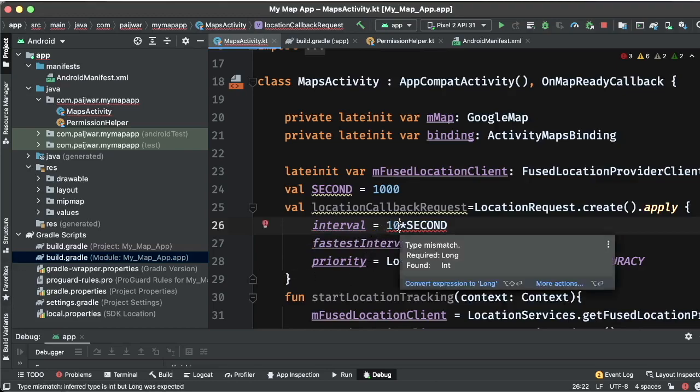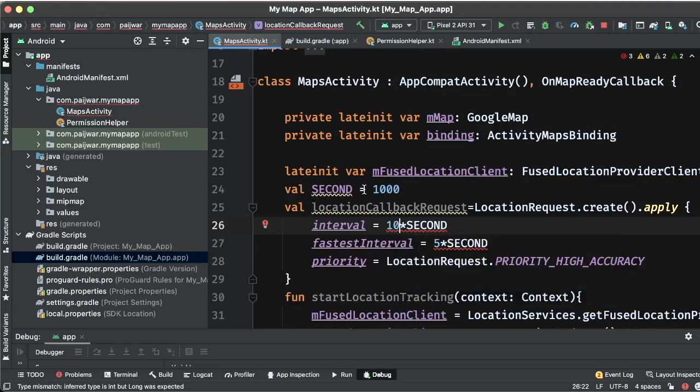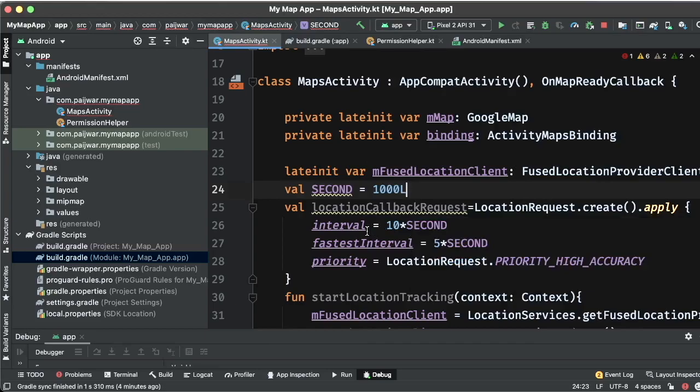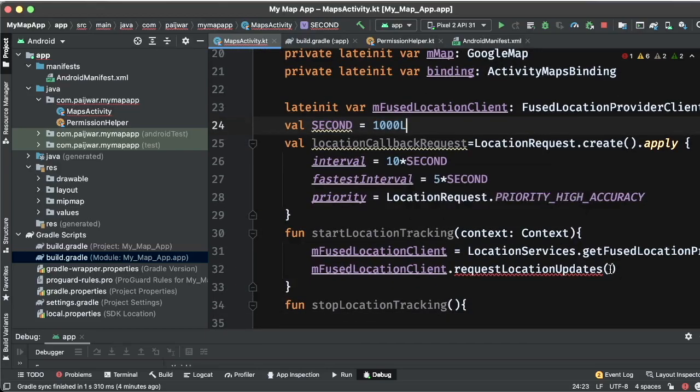What it is expecting: required long and found int, so we make this long. It says it is not being used, so we'll be using this here.